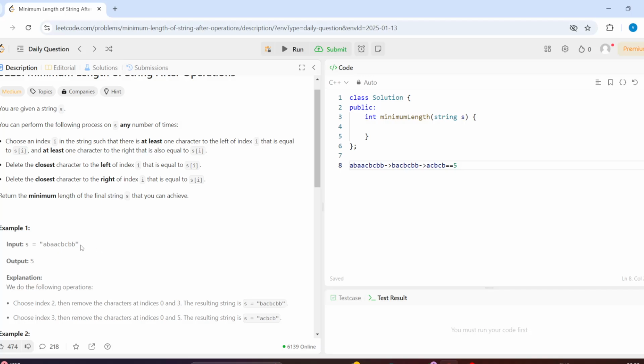Okay, and after performing this operation we will be left with a string, and again we will check the string. If this condition is still satisfied, then we will minimize this string by performing this operation as many times as possible. Okay, so as we see in the example, initially we have a string like this, and we see that